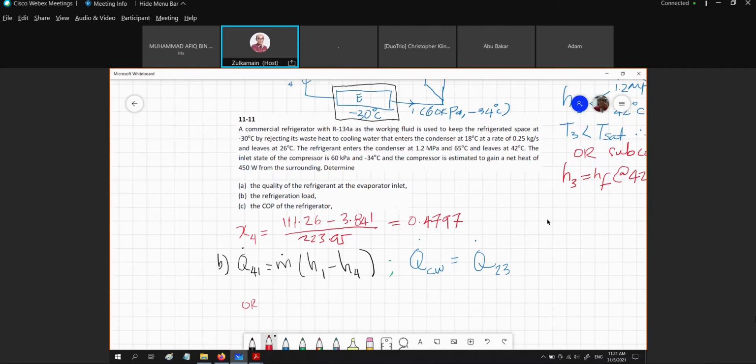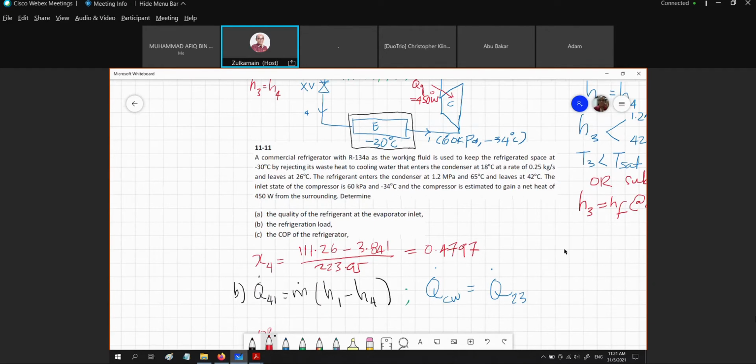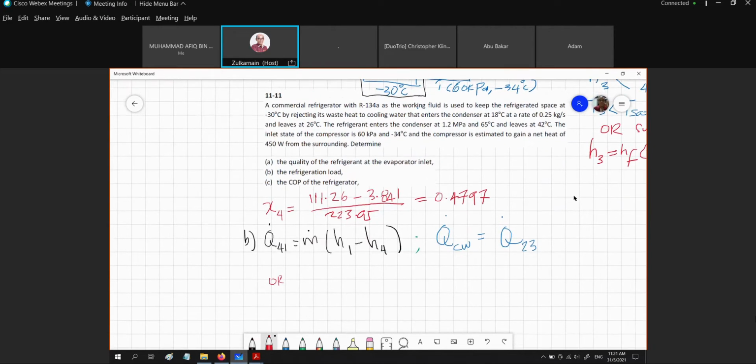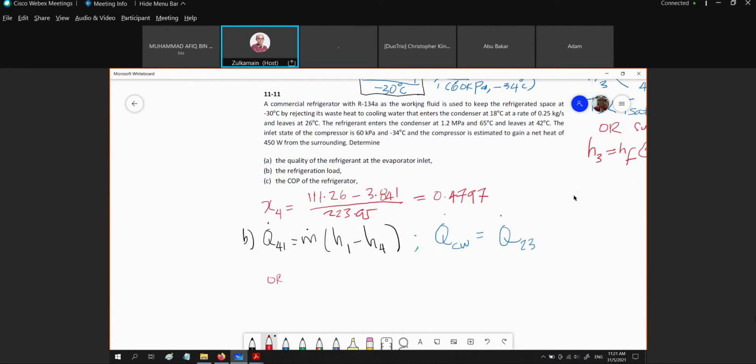If we apply the energy balance equation for the heat exchanger, what we have right here is energy in equal to energy out. So what is our energy in? The energy in is basically the energy input by the refrigerant, which is the M dot. Let me put right here, this is the refrigerant mass flow rate, M dot R,